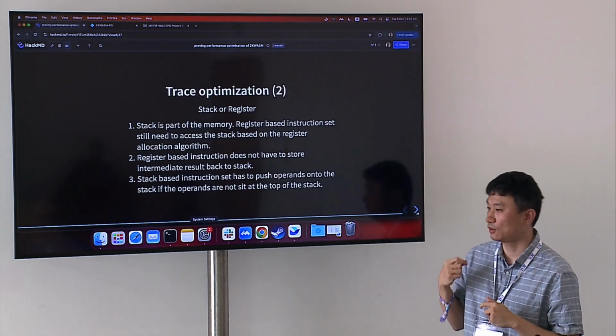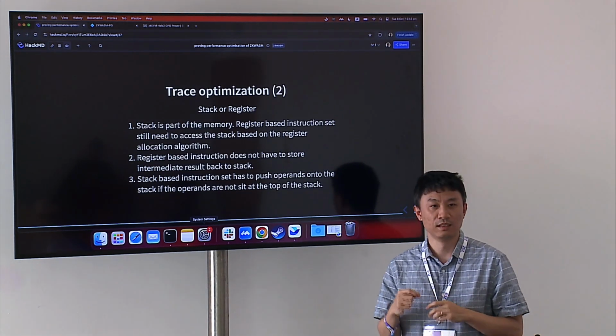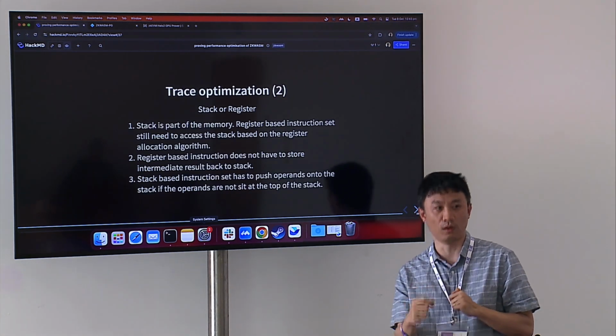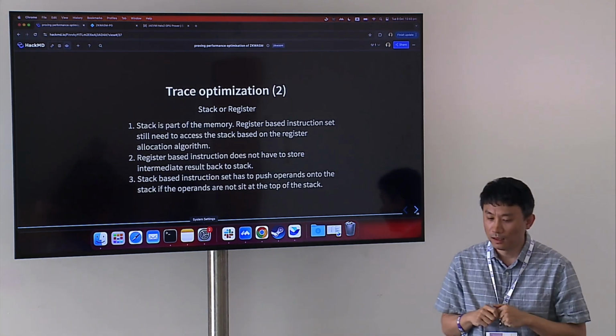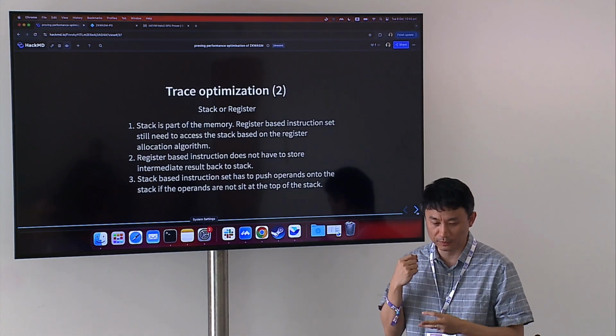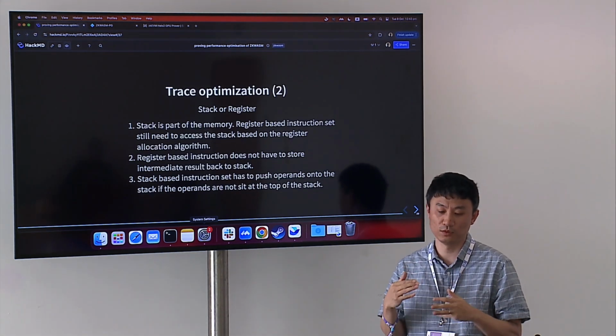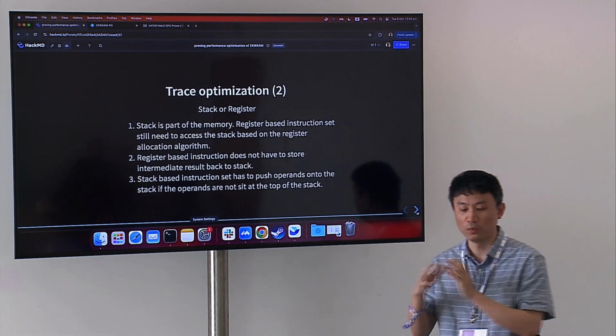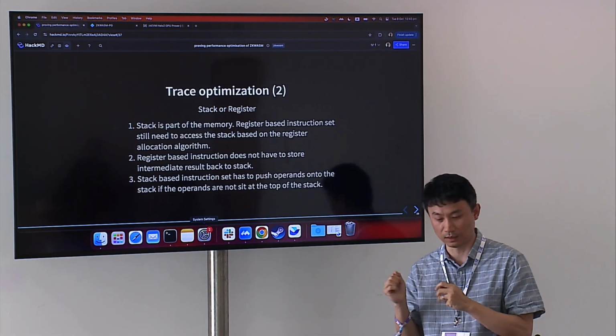If the register stores the intermediate result, then you can save that store, right? But because the register is still part of the context, you still have to store the register back when doing function call context switches, right? So